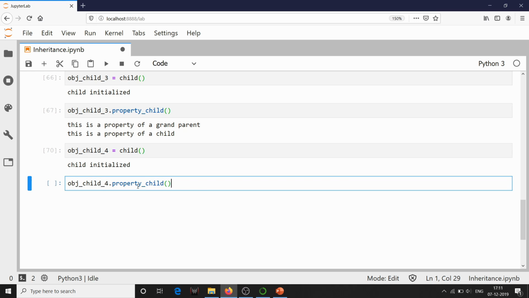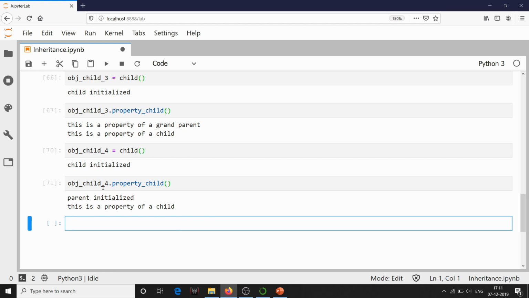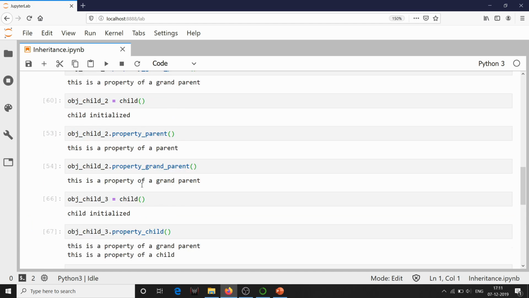So let's try to call the function. Now as you can see, the parent initialized is printed, and then "this is a property of a child" is printed. So basically what happens in the background is when I call the property child method of child class,